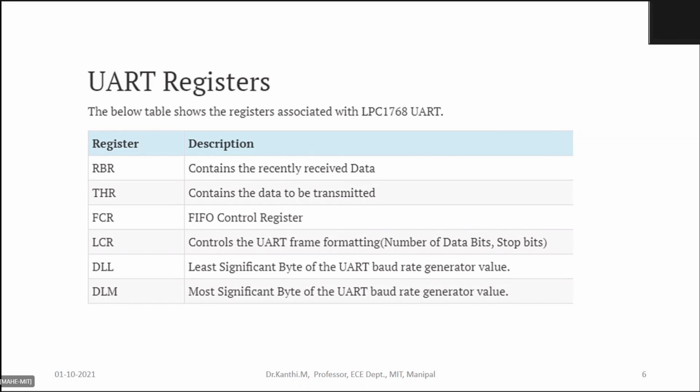UART is mainly used for serial communication, and it has 4 UARTs, UART 0, 1, 2, 3, and those are connected through the GPIO pins. Those 4 pins have different functions. They are multiplexed with different operations.